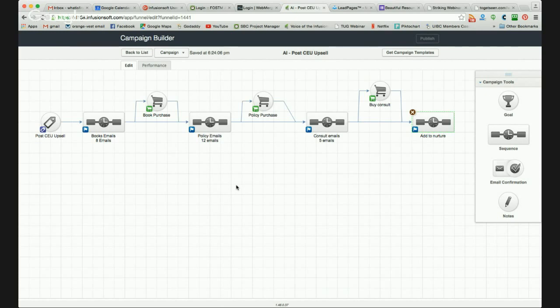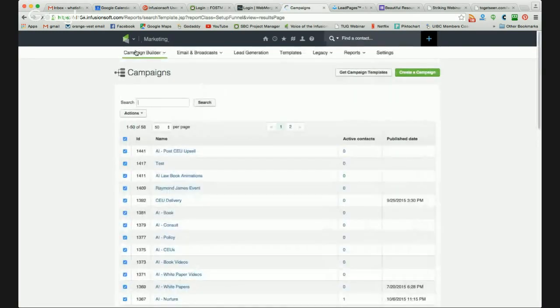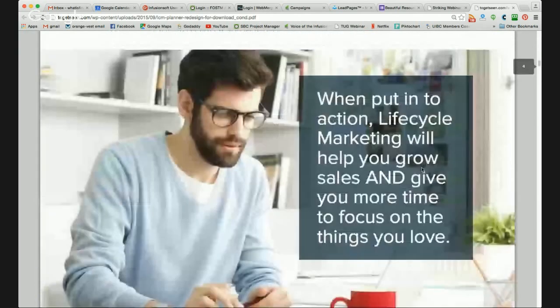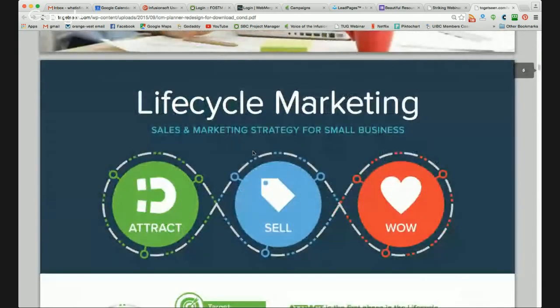But right now, we've got a nice, simple, clean path from advertising, which drives them into CEUs. They buy all the CEUs, and we created a very complex campaign so that they only get offered the next CEUs that they haven't already used. After that, they get kicked into these post-CEU upsells. Just like I was talking about in the lifecycle marketing, he's attracting folks, and he's got a really nice LinkedIn following. So he's going to start posting about everything in LinkedIn, attracting people to his information. They're going to opt in for learning more about CEUs.